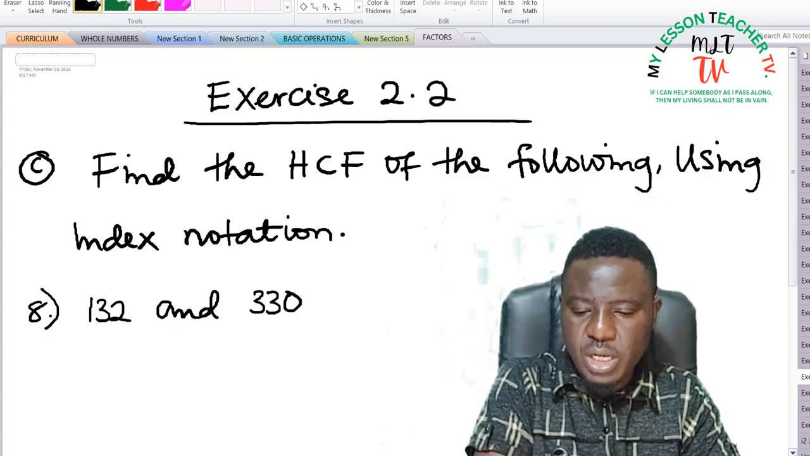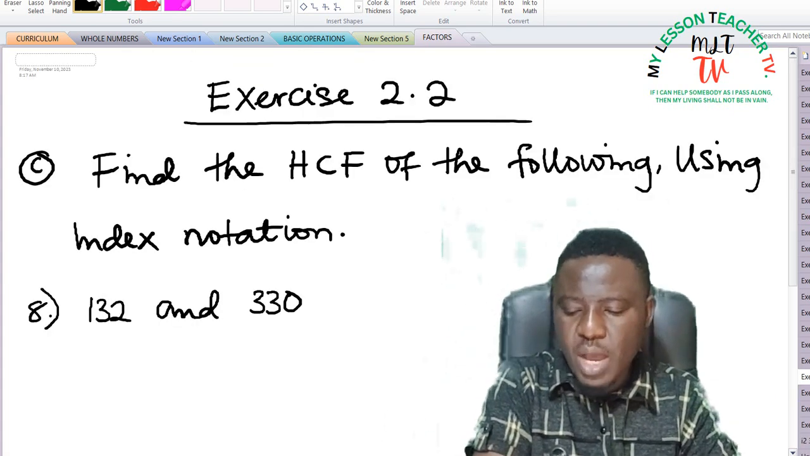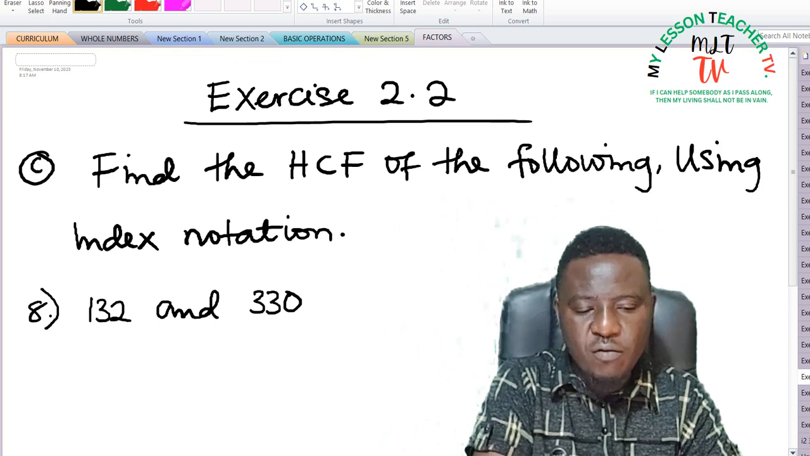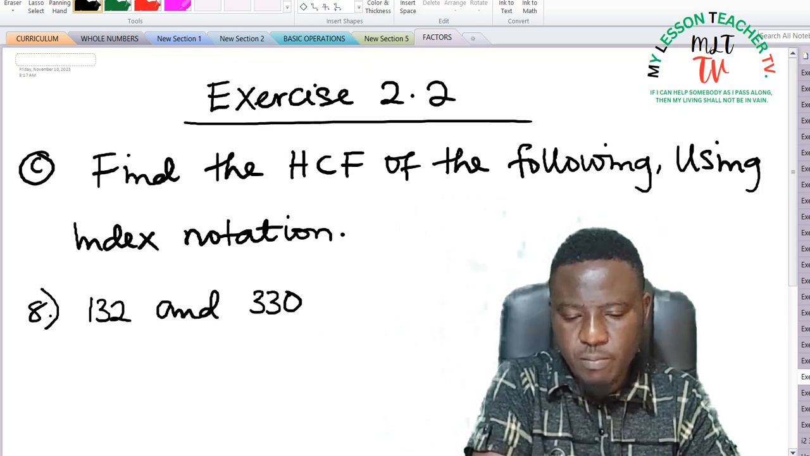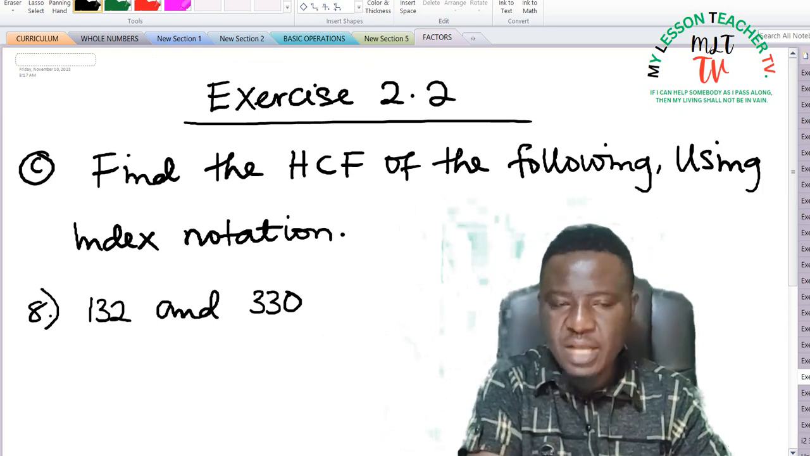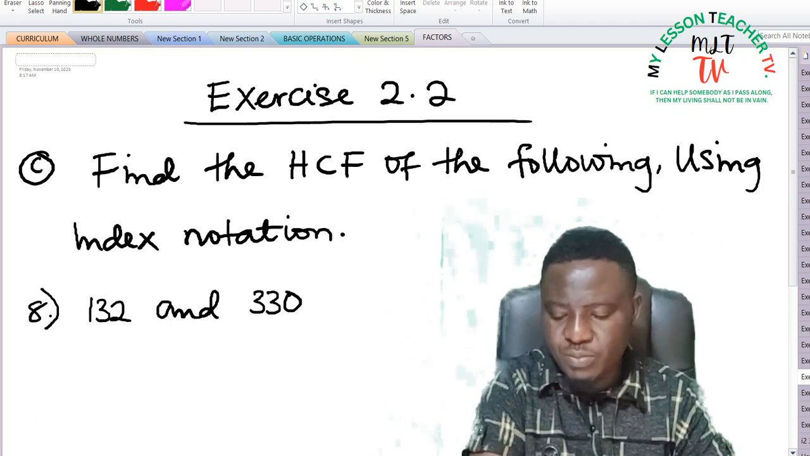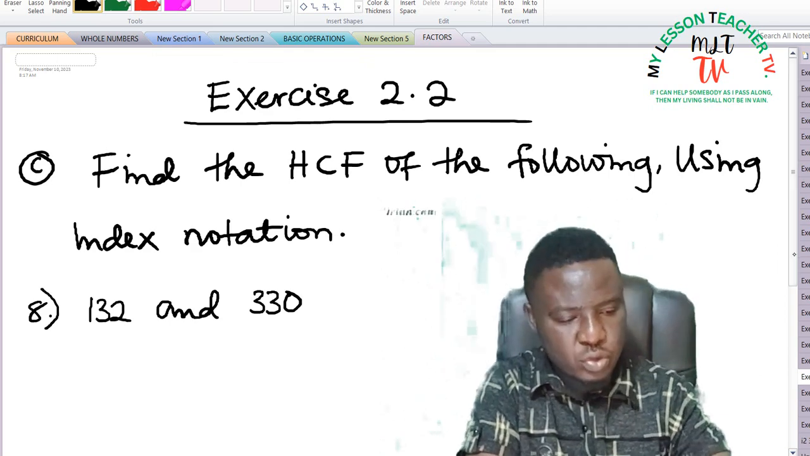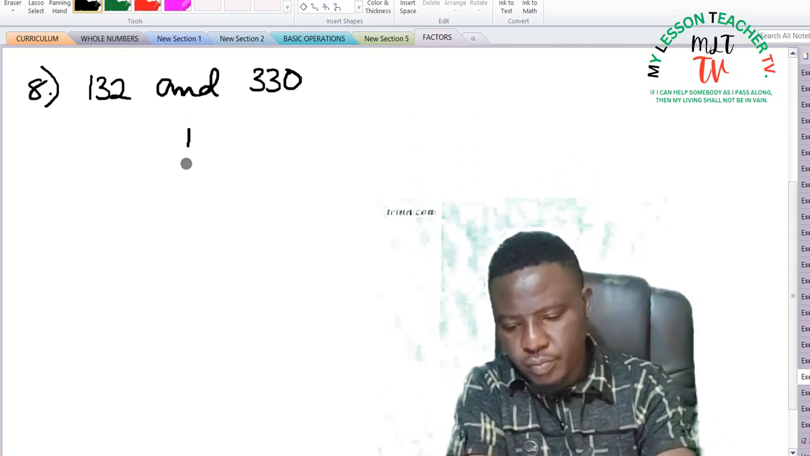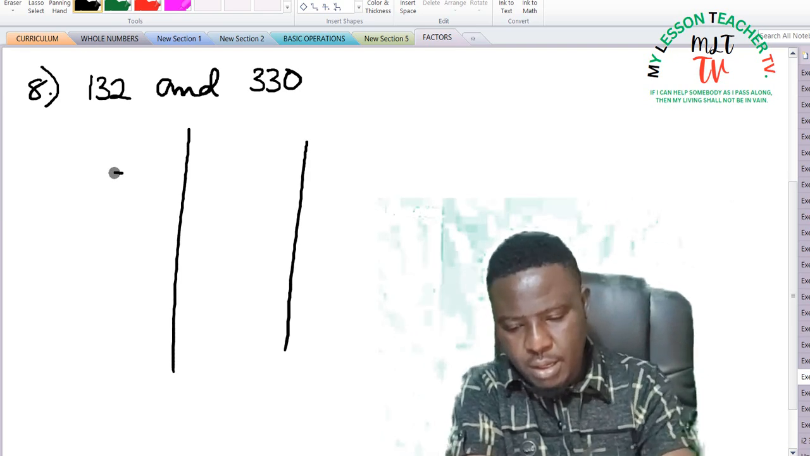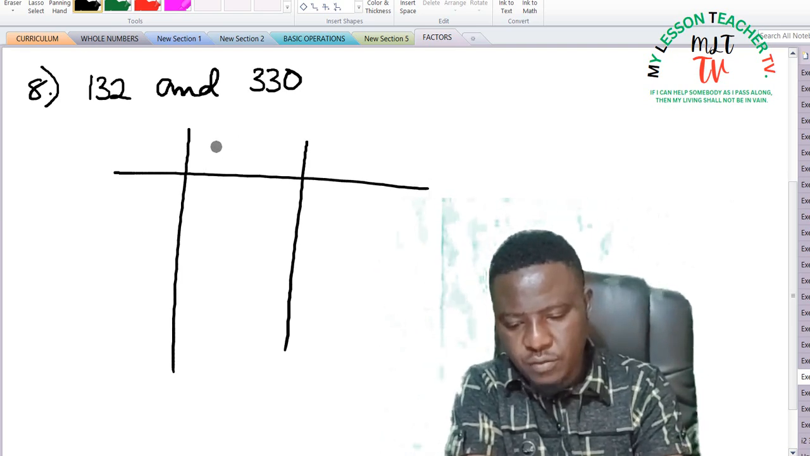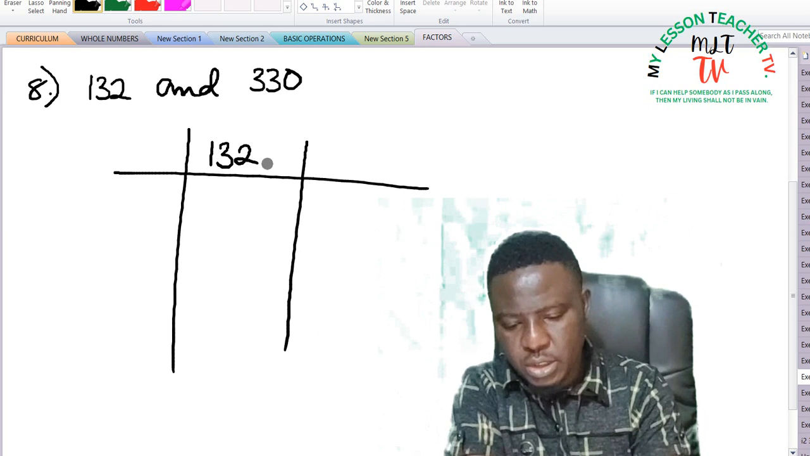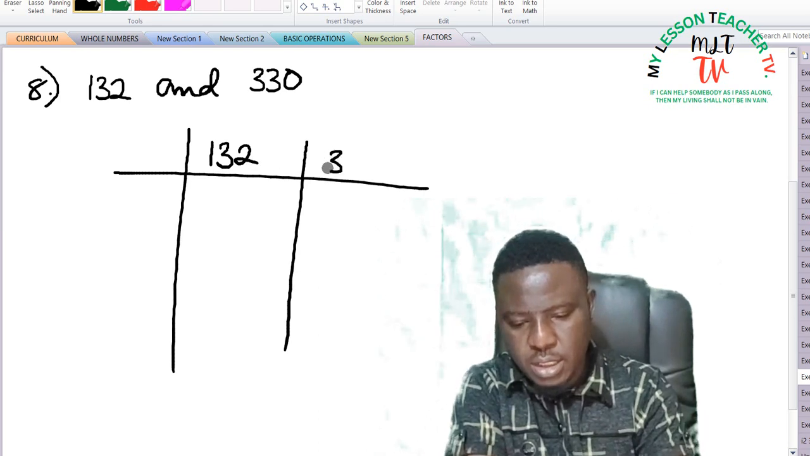Question number 8 on exercise 2.2c, we are asked to find the HCF of the following using index notation. HCF simply means the highest common factor. So we shall be dividing 132 and 330 repeatedly by their common prime factors. I'm going to use the long division table, 132 and 330,